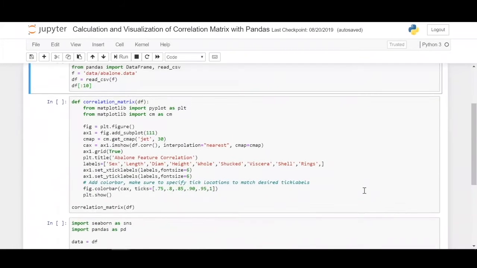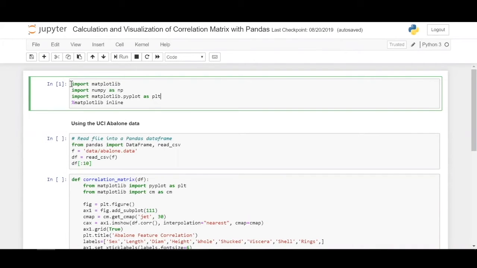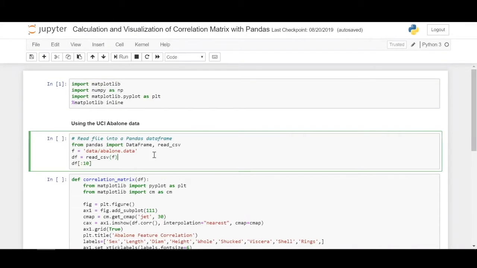Today we'll be exploring correlations in Python. Here we use simple techniques, where we import all the required libraries. We'll import matplotlib for visualization, numpy for numpy arrays, and define pyplot as plt. Now we are loading our data. It is UC Irvine's Abalone dataset, which we will load and use to build correlation matrices among the features present in the dataset.